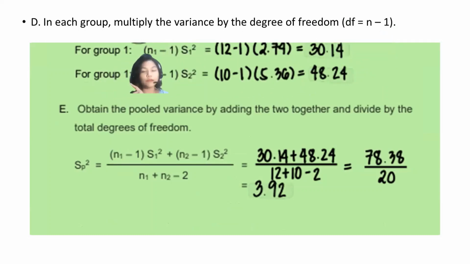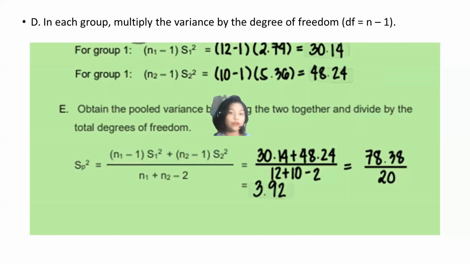And then this is for group 2. Sorry for this one. So n, or the sample size of the second variety, minus 1 times the sample variance. The degrees of freedom times the sample variance. So 10 minus 1, which is 9, times 5.36. The answer is 48.24. And letter A, we need to obtain the pooled variance by adding the two together and